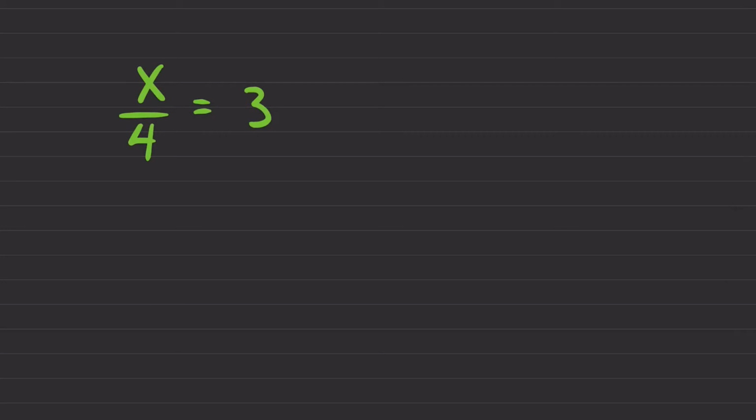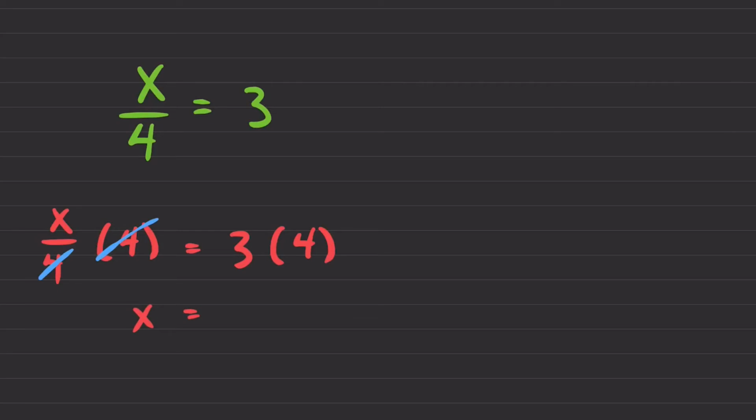So I'm going to start off by rewriting the whole equation. I've got x over 4 equals 3. Now what I want to do is I want to multiply both sides of the equation by 4. When I do that, I will get rid of that divided by 4. So I'm going to write times 4 like that. And when I do this, 4 and this 4, they're going to cancel out, and I'm left with